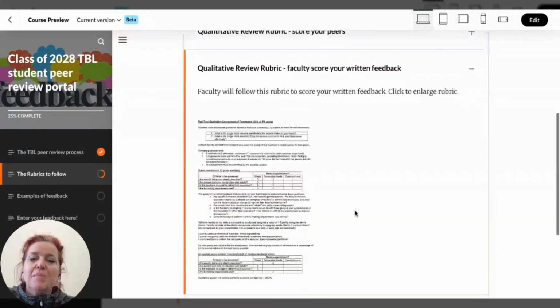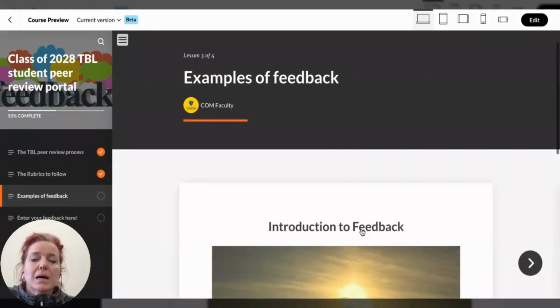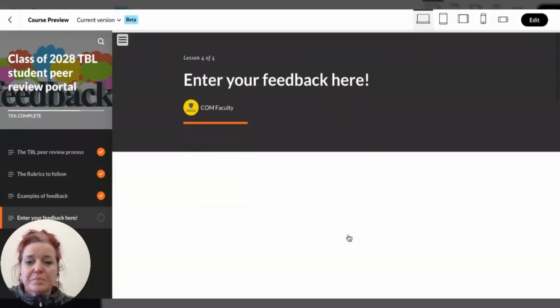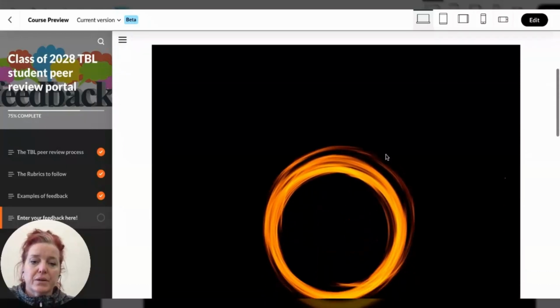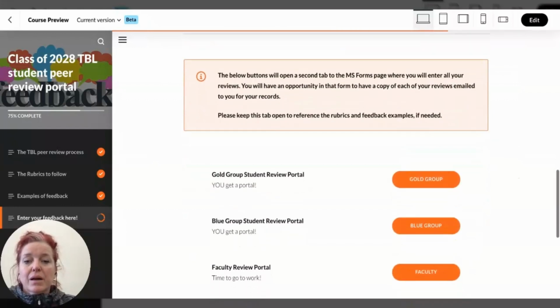I have phenomenal feedback coming in right now because the students know that they're grading. And then I provide examples of feedback. And then the feedback portals are here. This is the student portal right here. If you are part of what we refer to as the gold group, here's your portal right here, the blue group students here. And when faculty come to review the quality of the student